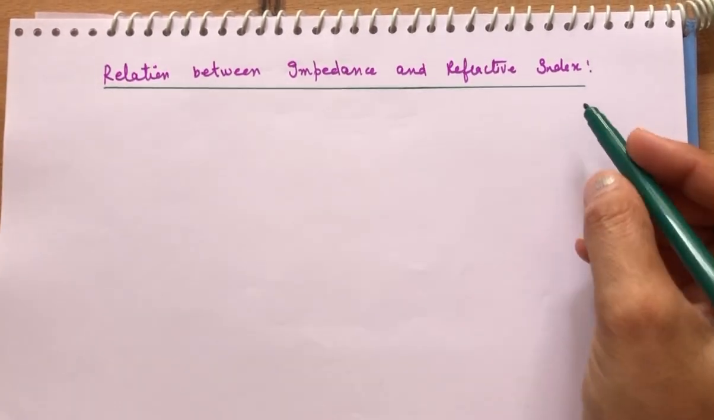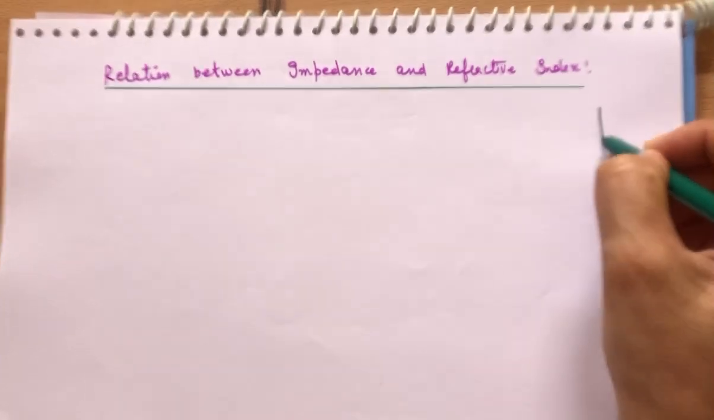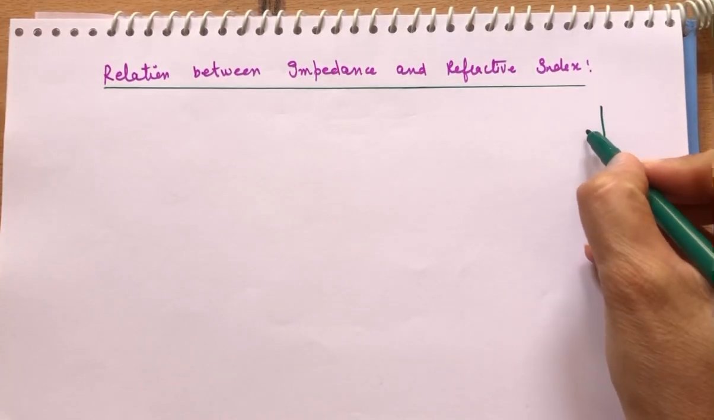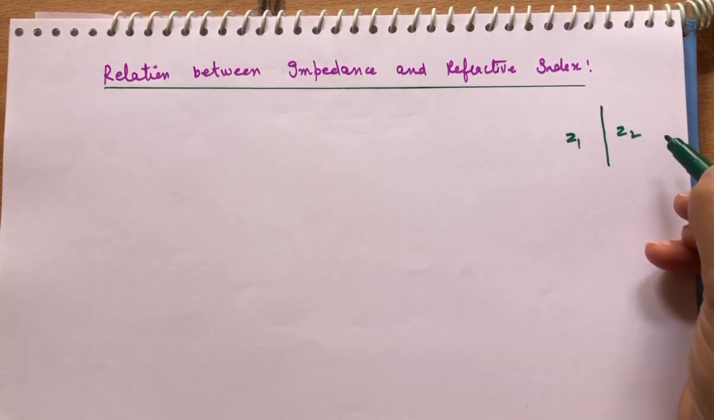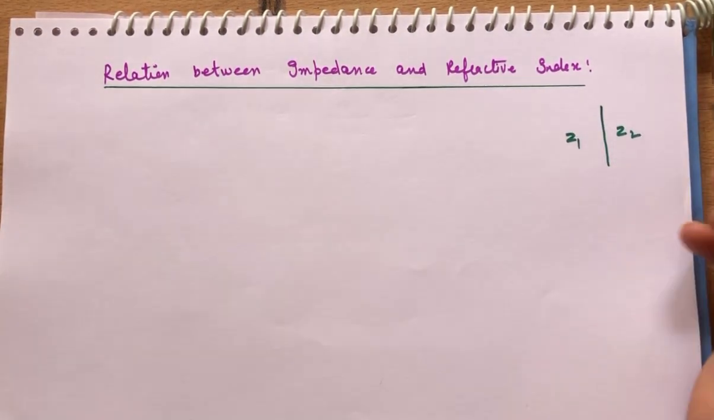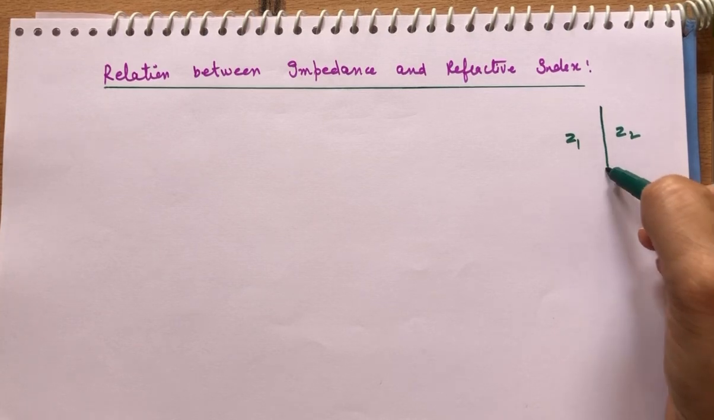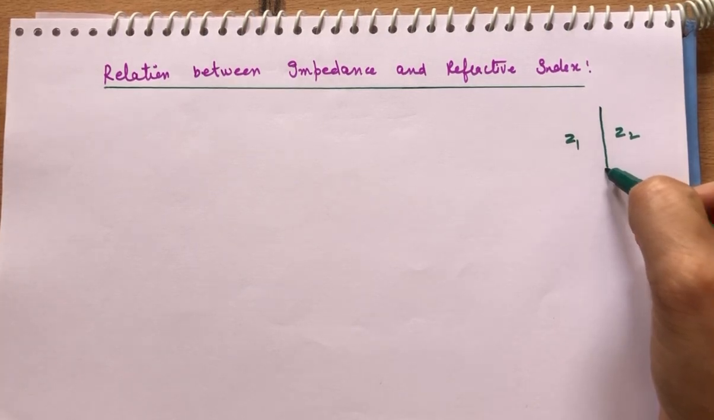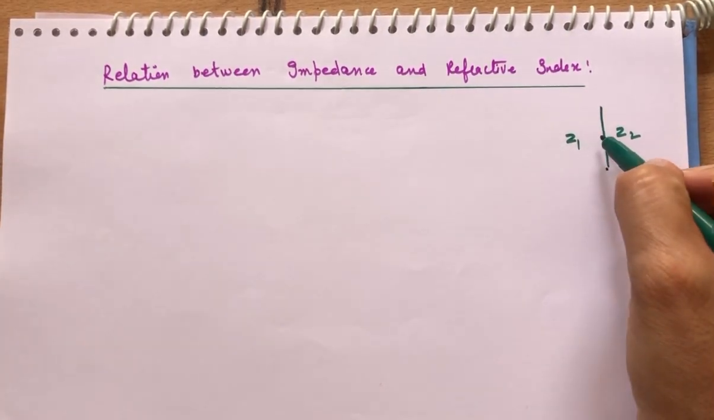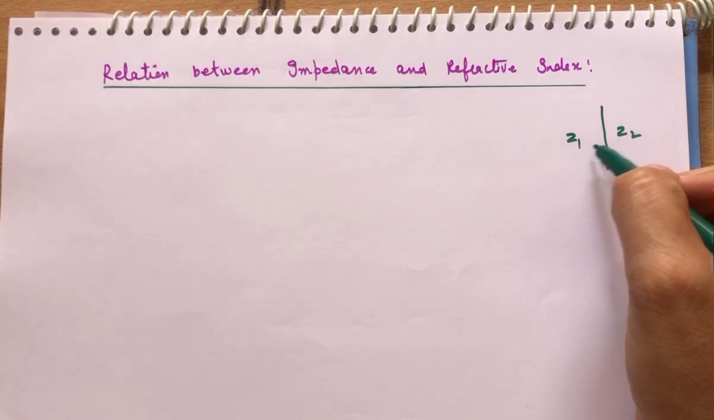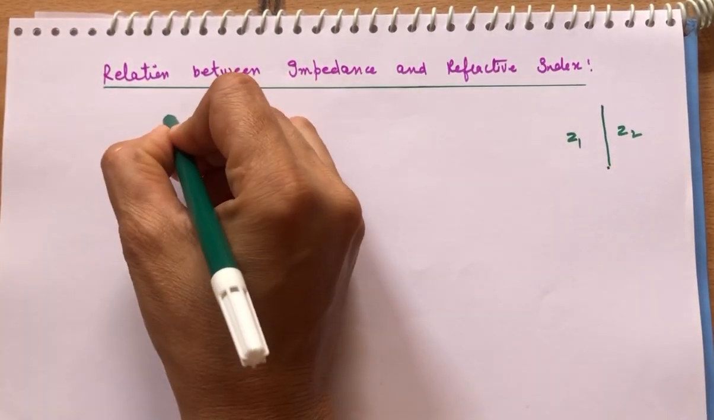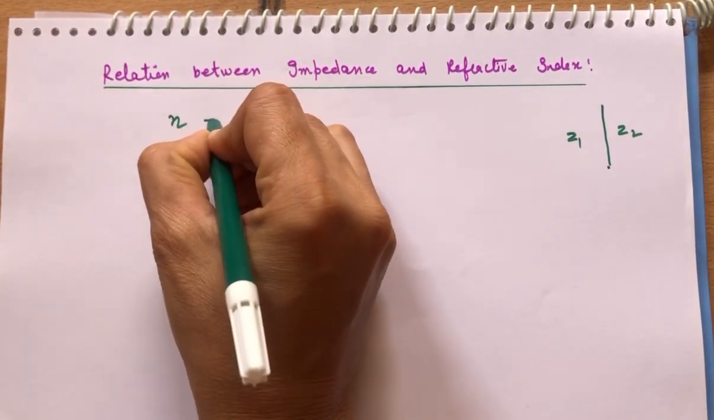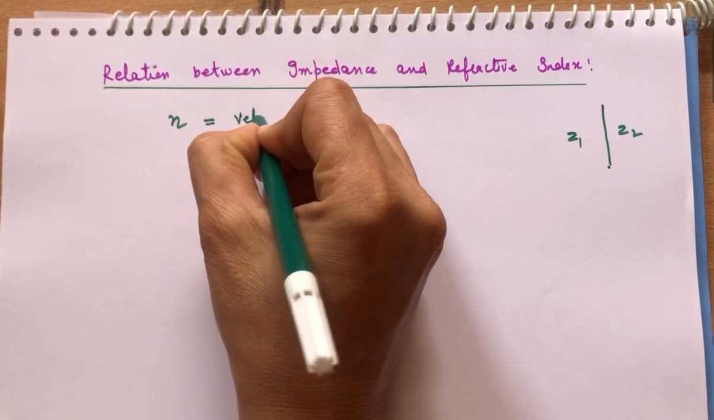So if we have two media, one medium having impedance Z1 and the second having Z2, medium 1 and medium 2, then this is the boundary, and electromagnetic waves are incident on this boundary between the two impedances Z1 and Z2. Then the refractive index, denoted by n, is equal to the velocity